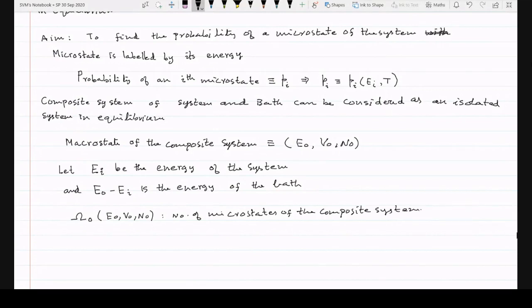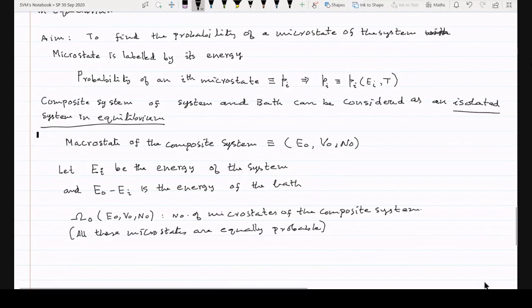Now I want you to notice that all these microstates are equally probable. This is the advantage of considering that this is an isolated system in equilibrium. So all these microstates are equally probable. But notice that